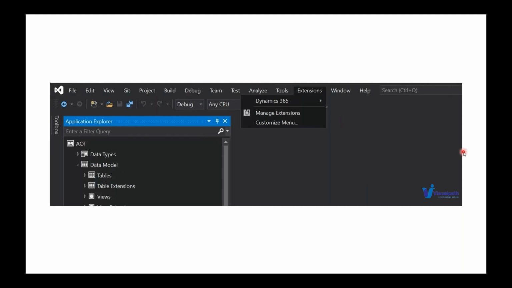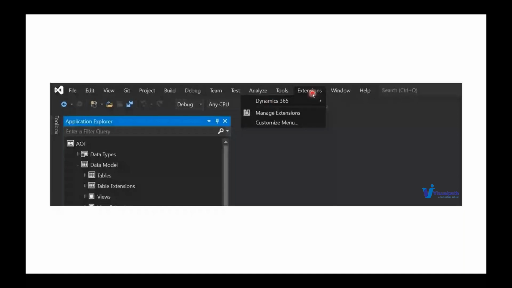If you are deploying a virtual machine, I'll come to virtual machine deployment and how you can do it. If you are deploying virtual machines provided by Microsoft, by default this extension will be installed. But now they have something called the unified development experience, where you can configure your local laptop to connect to D365. So this is an extension. I have taken it from Visual Studio 2019, Dynamics 365.